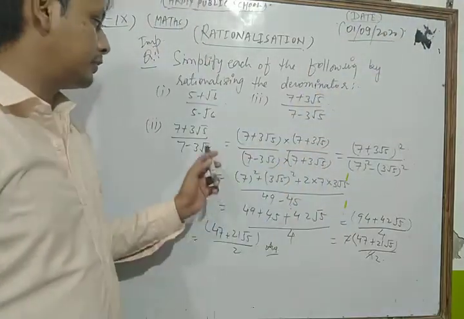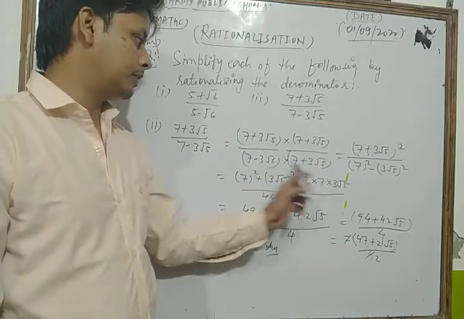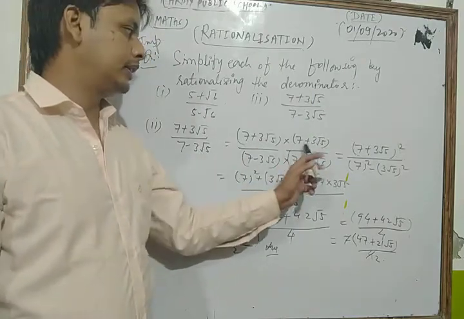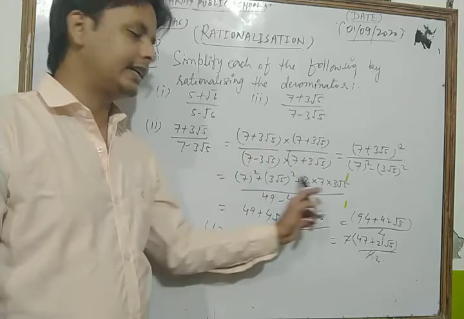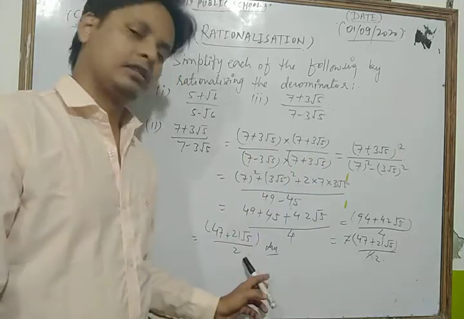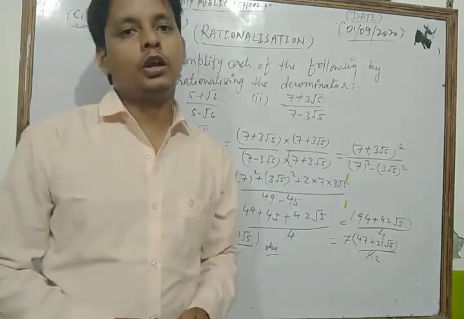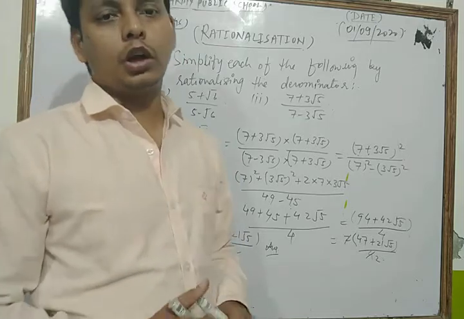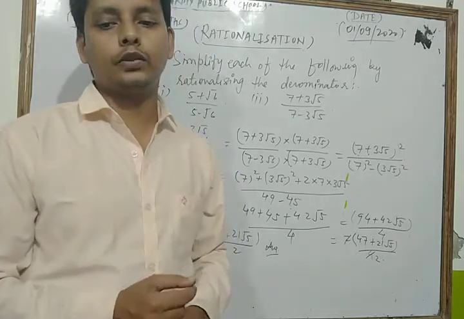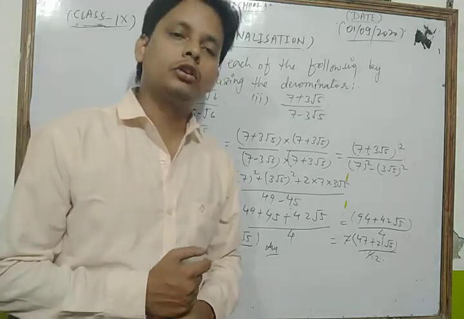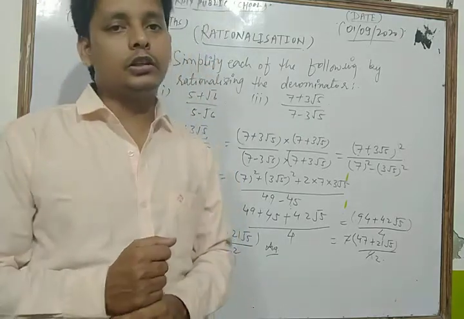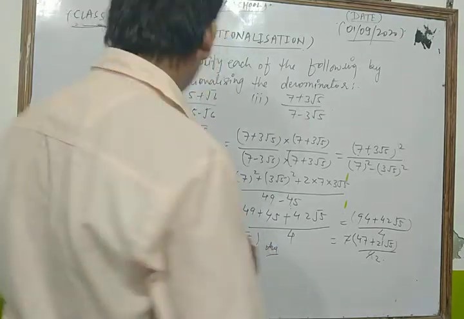Now dear students, we multiply both the numerator and denominator by its conjugate, so we get this. Now after simplifying that expression, we get our result as this. So this is the whole process to solve that type of question. Now we take and solve some important questions of your NCERT exercise based on rationalizing the denominator. There, let's see dear students.